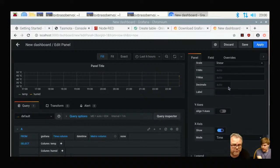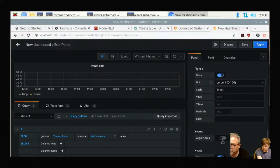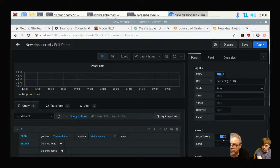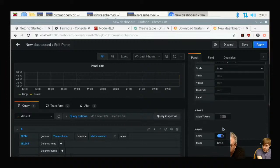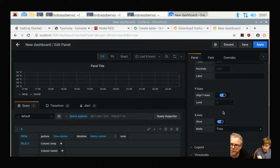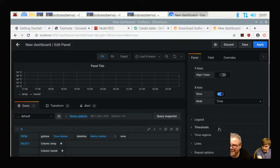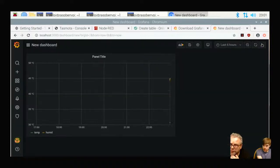What does align y-axis do? Okay. So that, you need to enable it, or enable it. If you switch this one, the y-axis, it will. Okay. Nope, wasn't it? Okay. Percentage. So if you apply it,